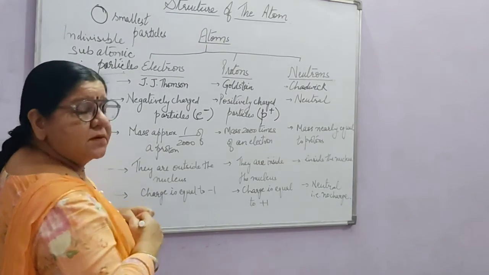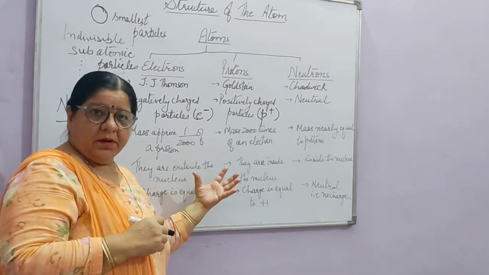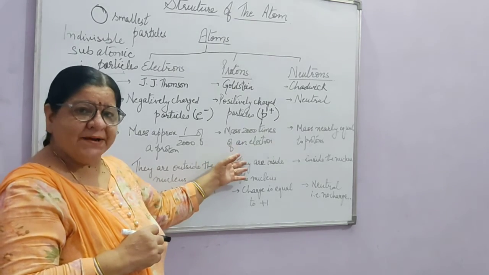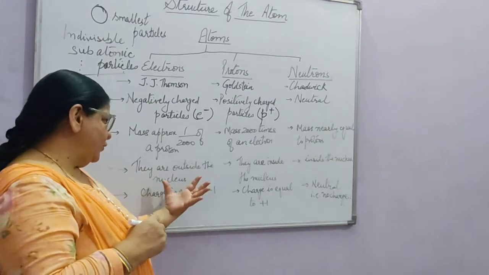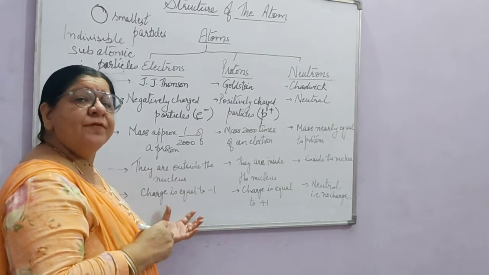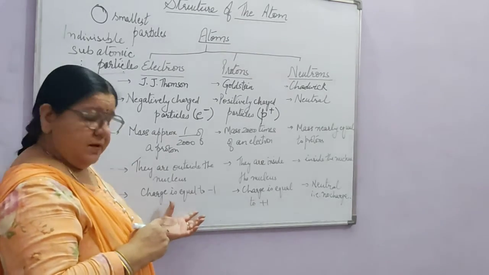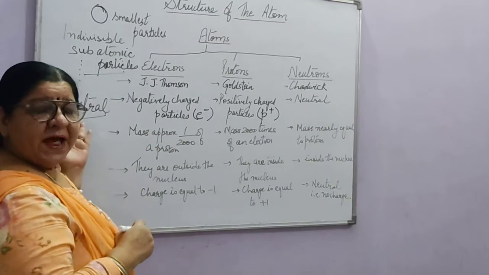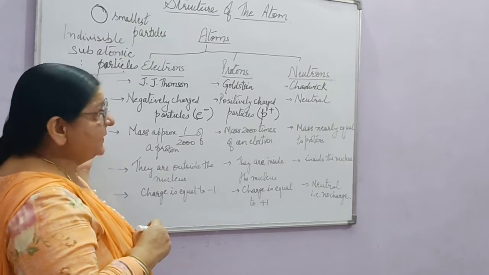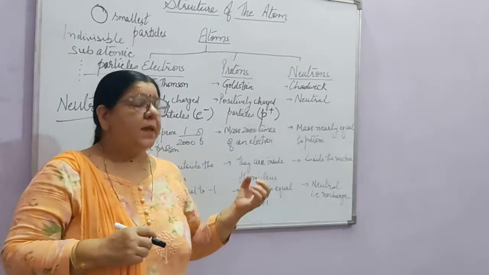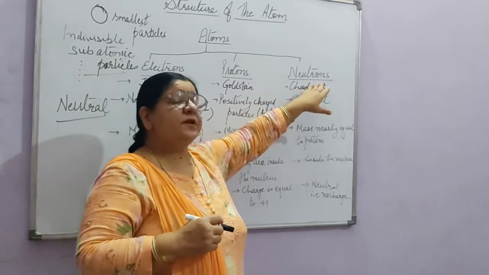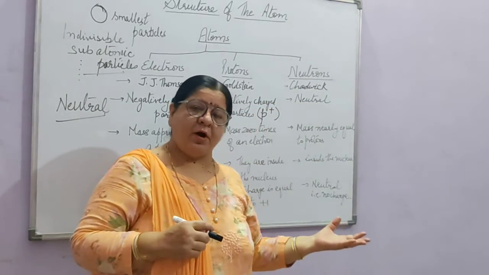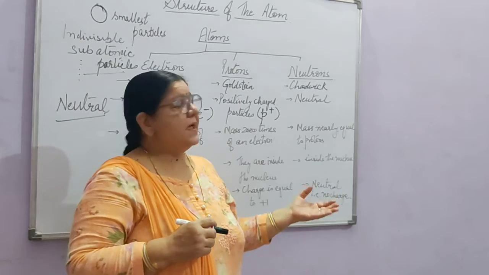The mass of proton was equal in magnitude, but had a charge which was opposite to the charge of the electron. This was +1, this was -1. So the atom becomes neutral, right? Then later on, another scientist named Chadwick discovered neutrons, the third type of subatomic particle, and he named it